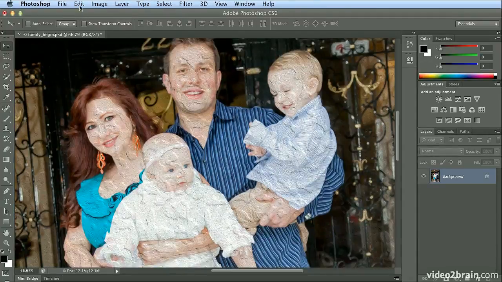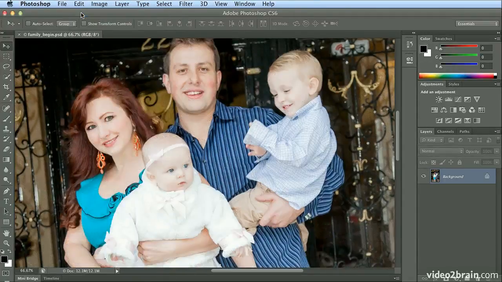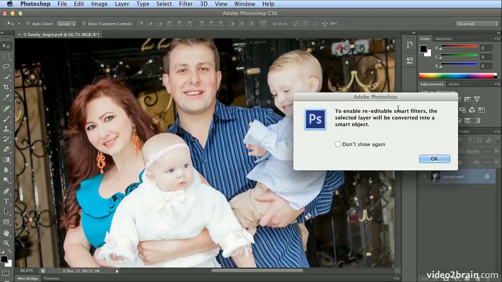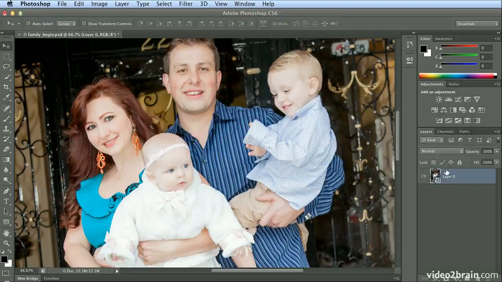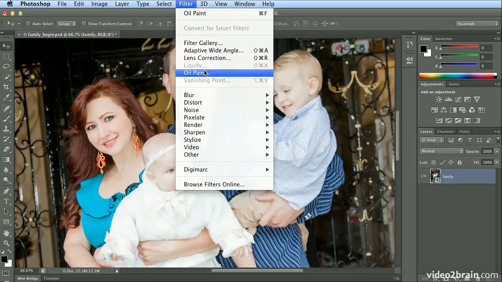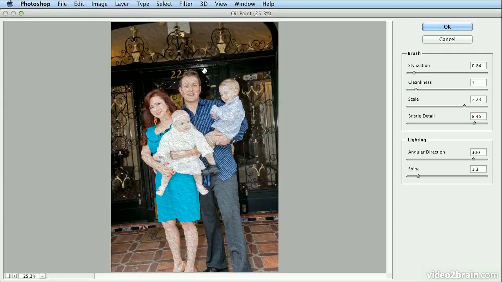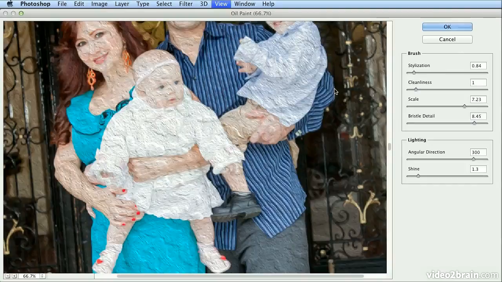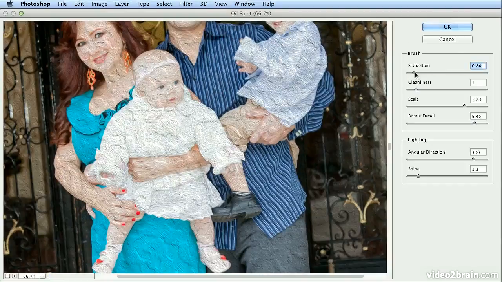Now one side note, if I undo that to make this filter editable, I would start with Filter, Convert for Smart Filters, and click OK to the warning. And I always like to name my layer, so I'll call this Family. Then I'll run Filter, Oil Paint. This way, if you run your proof and you decide you don't like the settings that you landed on, I could come in and play with stylization again,